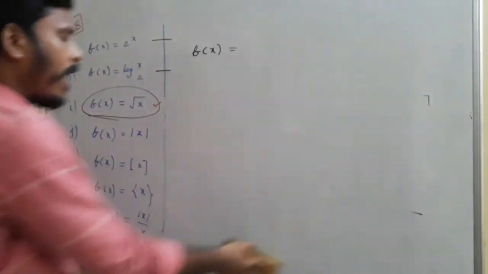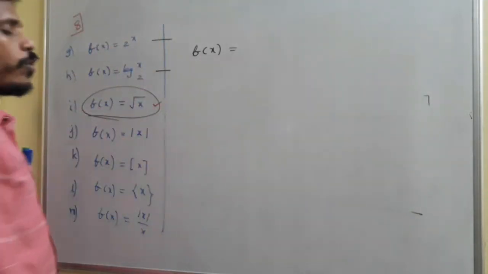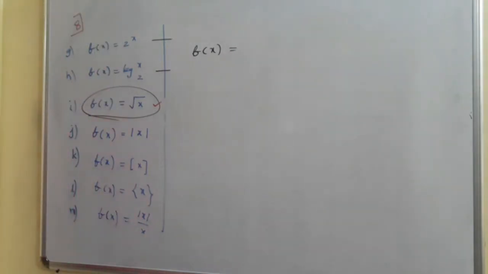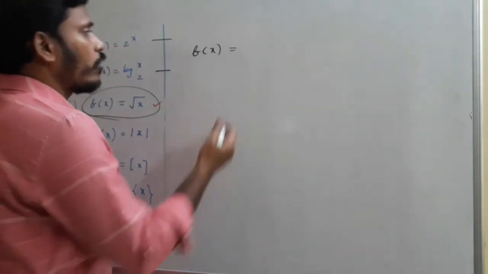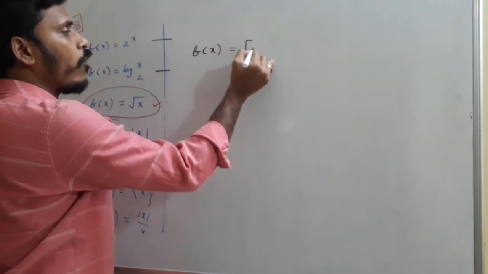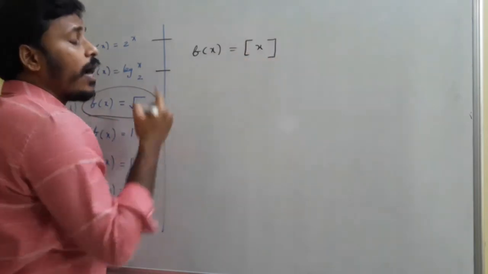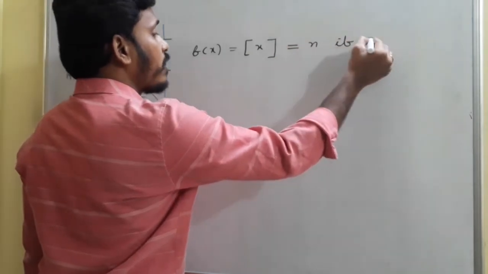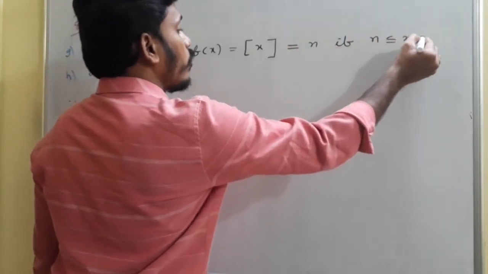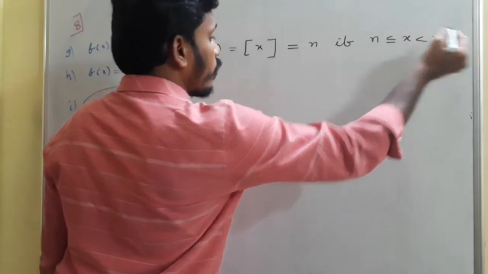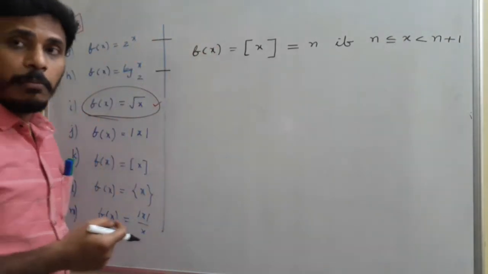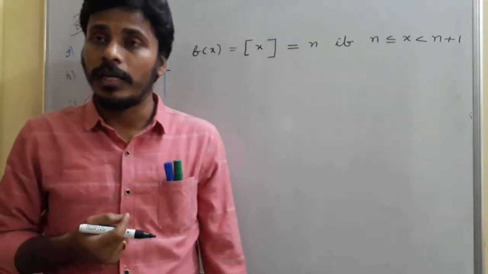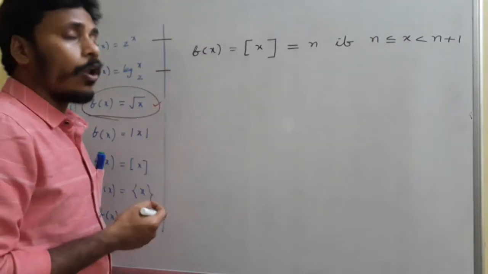See, this square brackets containing x is usually called step x. So the basic definition of step x, you just look there. Now the graph is f of x is equal to step x, and that step x can be defined as n if x is a number which is in between n and n plus 1. You just take any real number which is in between the two consecutive integers n and n plus 1, then its step value is always n.